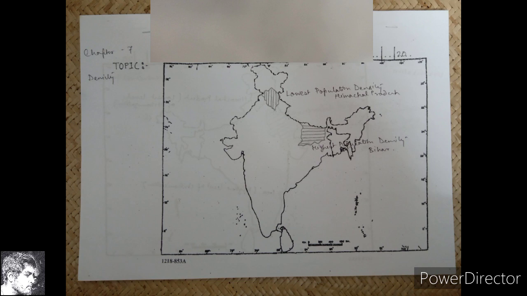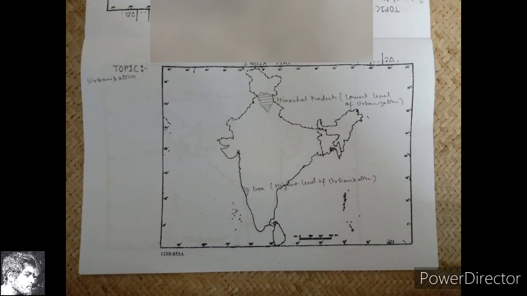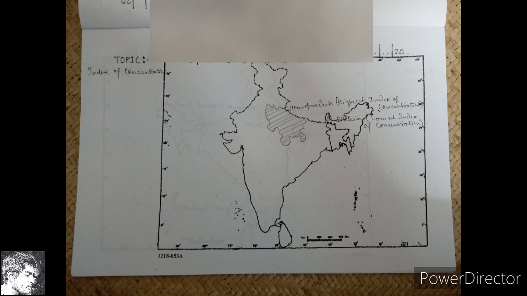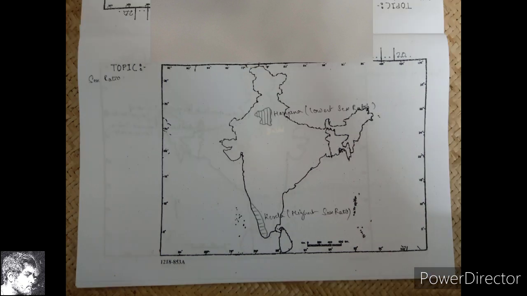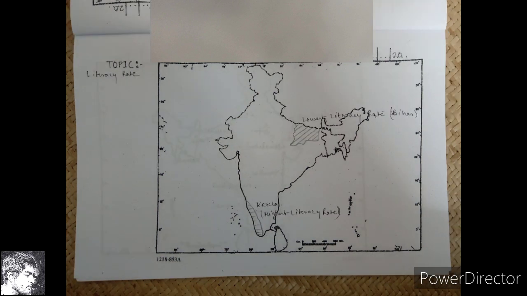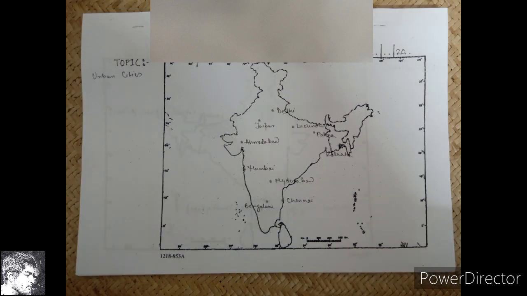Map marking is one of the toughest and also one of the easiest parts of geography. If you become an expert in maps, then it's very easy to score 10 out of 10, or 20 out of 20, or 30 out of 30, whatever marks is given. But if you don't practice maps, then it will be hard for you to get 2 or 3 in map out of 10, or 3 or 4 out of 20. You can understand how serious this thing is.